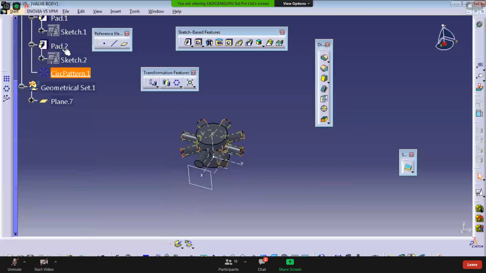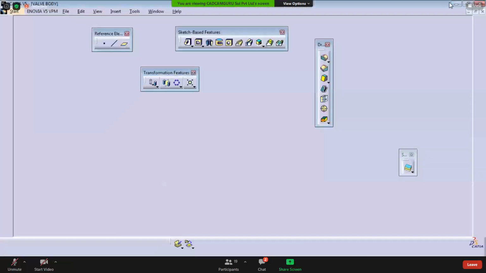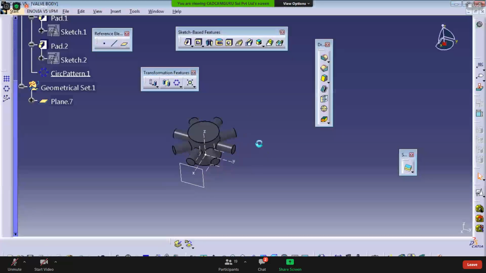The next option in the plane is normal to curve. Normal to curve. I'll store this file first.